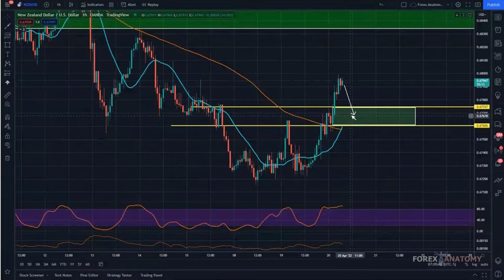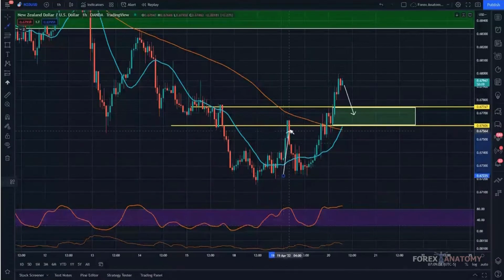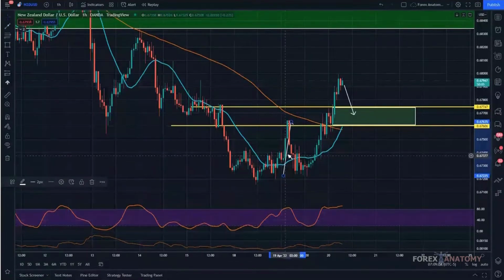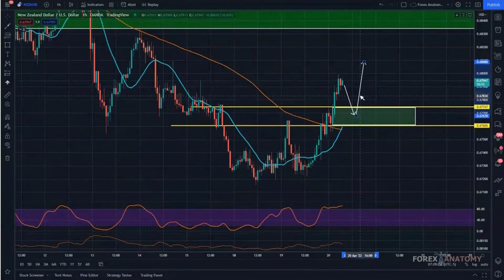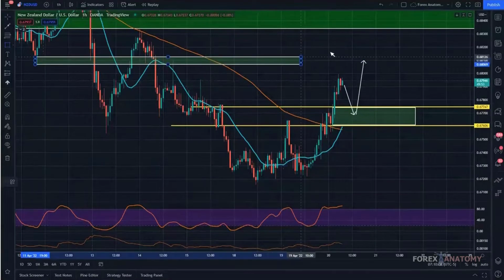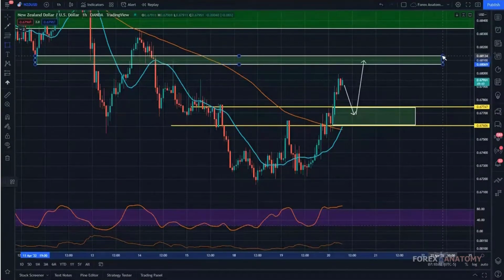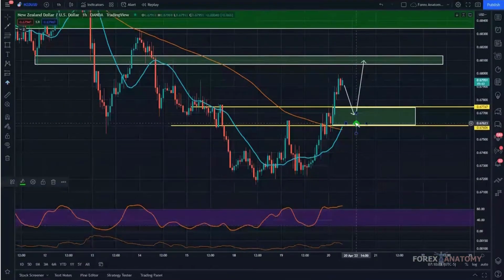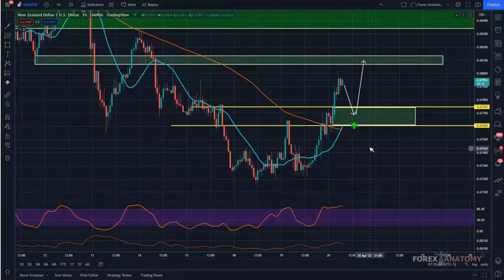Once price reaches this area, as far as target goes, we can either target the height of this double bottom. Usually that's a good idea. And if you do that, it takes us somewhere up here, which coincides to structure to the left. Look left, structure leaves clues. We definitely have to pay attention to structure in this particular area right here. So then this is a good area to close out our trade if we do decide to enter this particular buy. So again, we'll just wait for price to come into the zone, test this area as support, and then